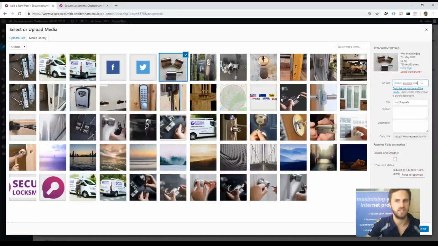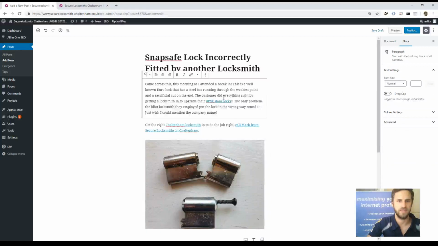I don't want to be incorrect here and say that that's what that is, so for the moment I might just leave that one out. I don't want to call it something and then realise I've actually named it incorrectly. But I will put broken lock. Okay, so if we select that, it should go inside the image or inside the post directly here underneath